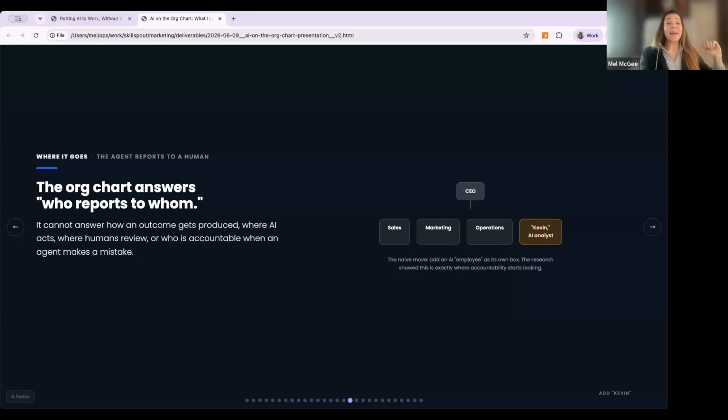AI doesn't invent new rules of accountability. Everyone who uses it owns their result. The agent is a tool, not a teammate, never the scapegoat. And that's what's happening. People are saying, Kevin did it, not my fault. I'm being facetious here, but it's kind of true.